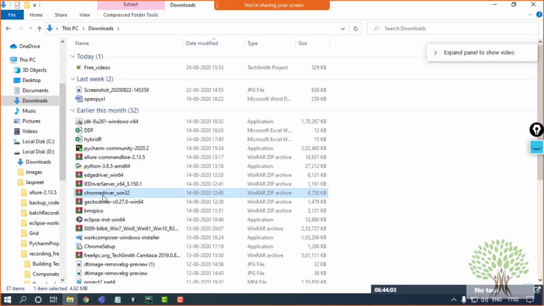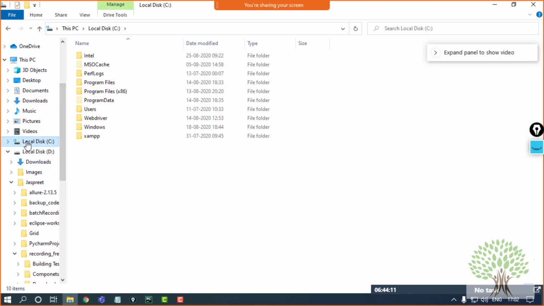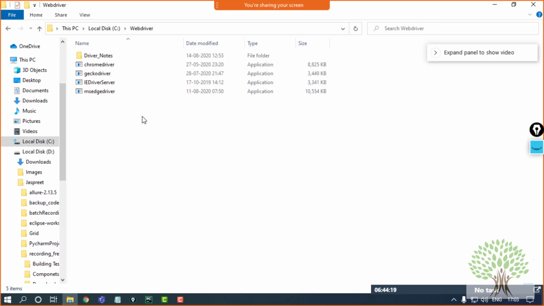This is the Chrome driver. You just need to extract it, and an executable file will be given to you, and you can keep it at a location. I have kept it in the C drive in a WebDrivers folder over here. This is my Chrome driver over here.